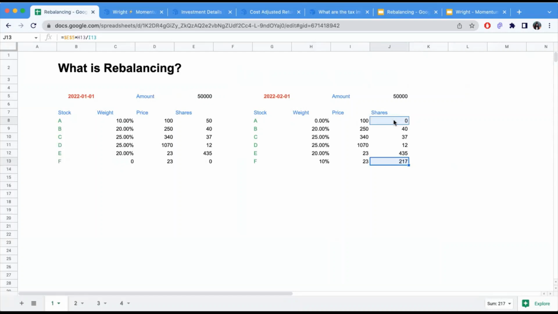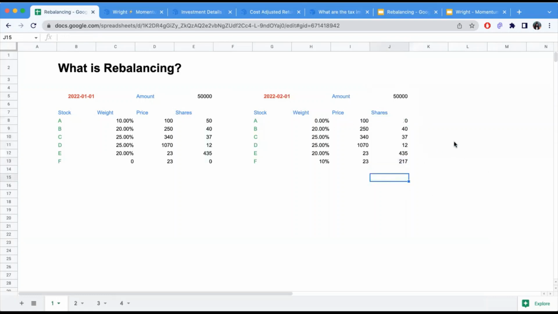So A's number of shares has gone to 0 and F's number of shares has increased. Now we are assuming that prices are the same, which will not be the case, and I'll explain that to you later. But in this theoretical ideal scenario, you will see trades coming into these two